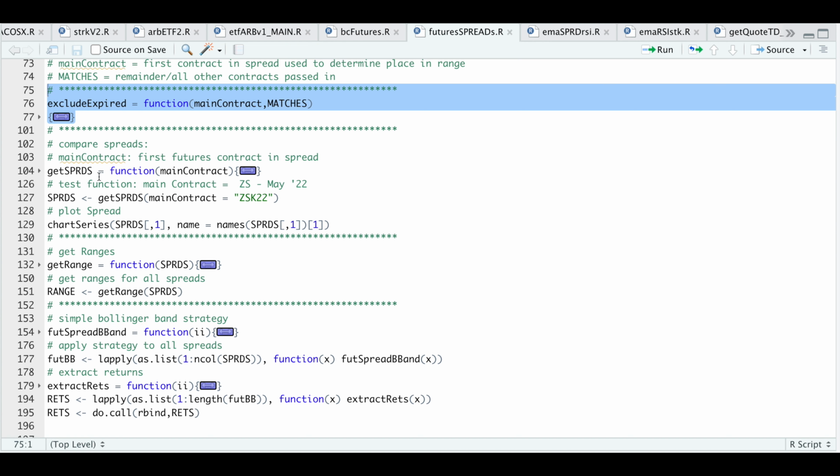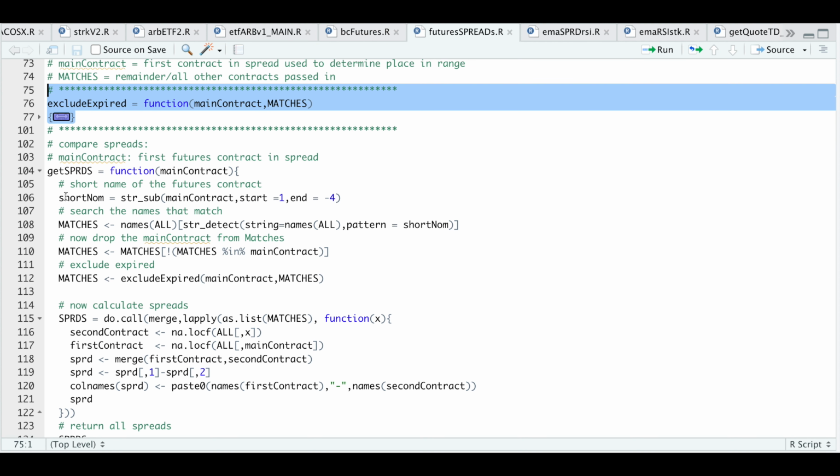Alright, so in order to calculate the spreads, we're going to use this function called getSpreads, in which the user will enter the very first contract that they want to use. And based off of that contract, it will calculate spreads on all other futures contracts that are available and exclude the ones that are expired or about to expire. So if we open up this function, we start off by getting the name of the main contract, and then we're going to go ahead and drop it so that it doesn't calculate a spread on itself. And then we're going to run exclude expired contracts, which will get rid of all the other contracts that have expired and only calculate spreads on future months and